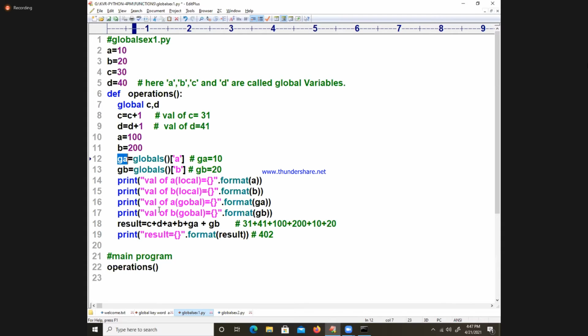In the bracket, add the values of local and global variables.